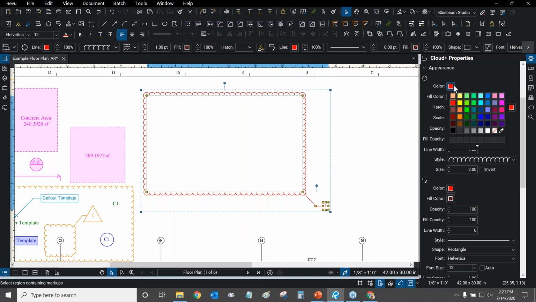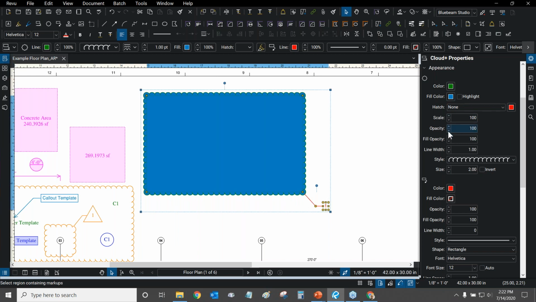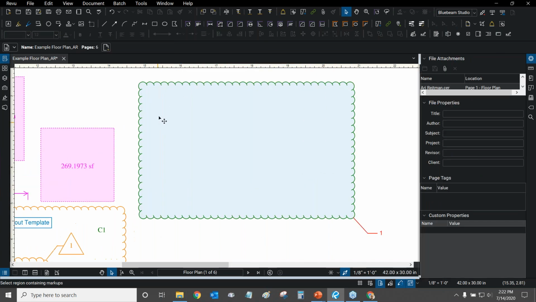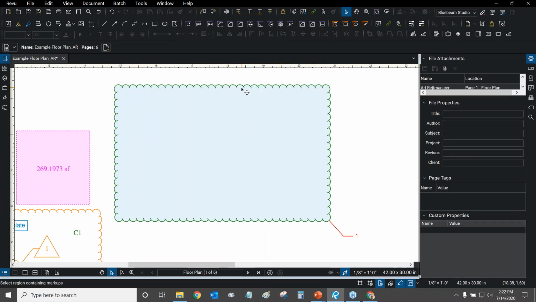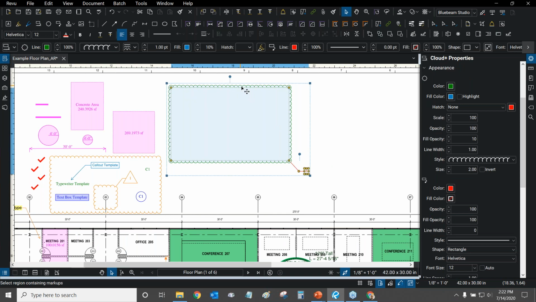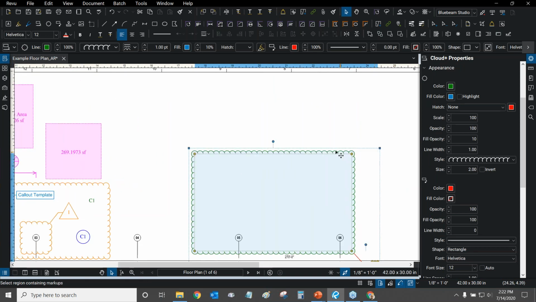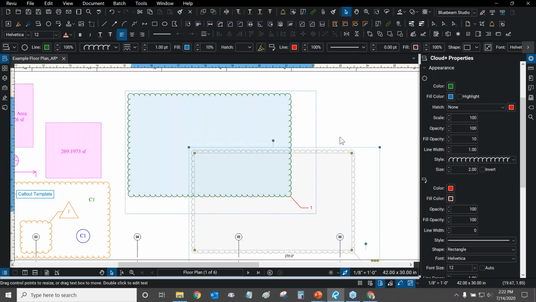So I can modify the cloud's color, for example. Let's actually make it green. I can modify the fill color if I wanted there to be a nice fill on the inside. Let me make one and show you guys how we can modify it even better. So the fill opacity is a bit too dark right now. So if I set it to about 20 or 10%, we have this nice light blue background that we can still see other objects in. So if I move this on top of objects, we can see right past them. And that's really nice, actually. So that's a pretty good cloud so far.